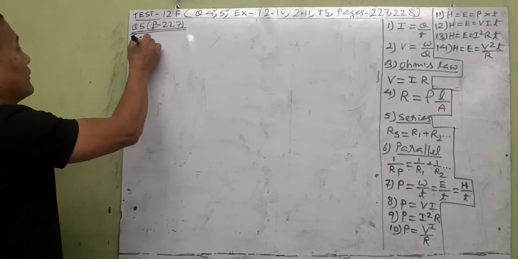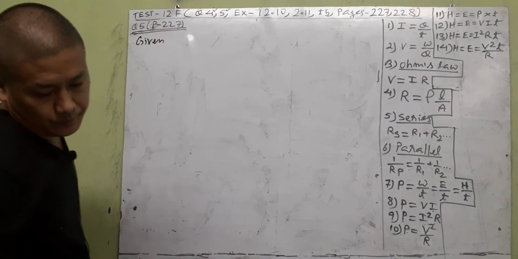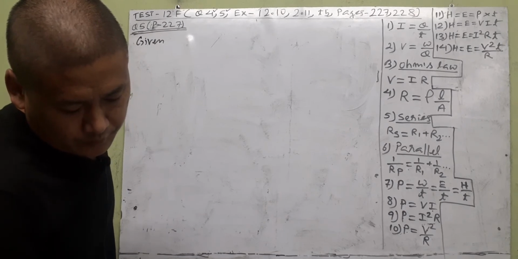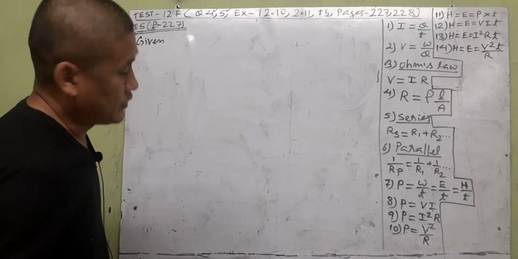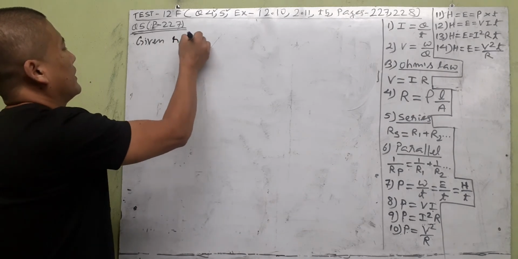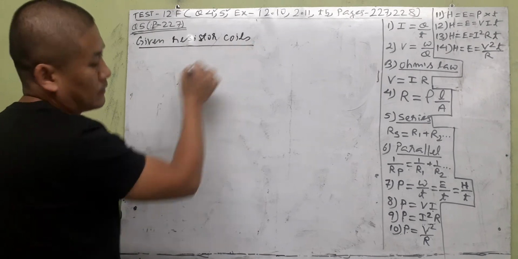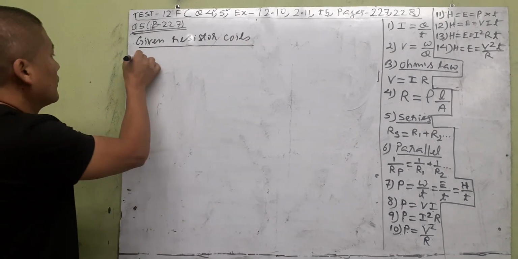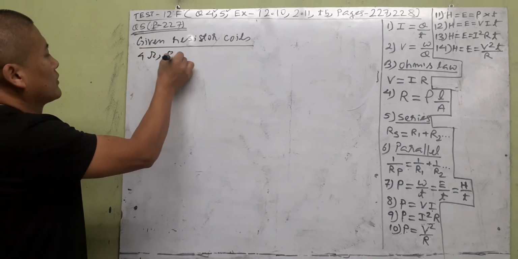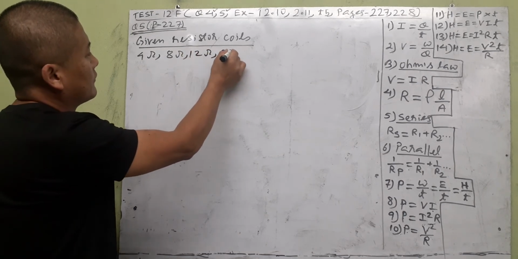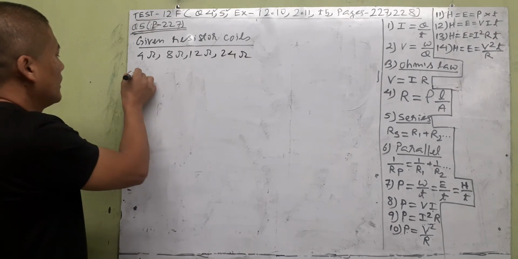So let us start. Given 4 resistor coils. You can just write like that, resistor coils, the ones given to us. Let us say 4 ohms is given with 8 ohms wire, then 12 ohms and 24 ohms, 4 of them are given. Part A,